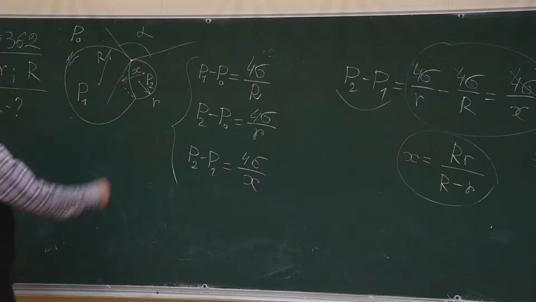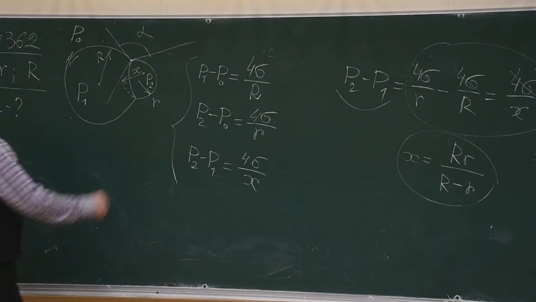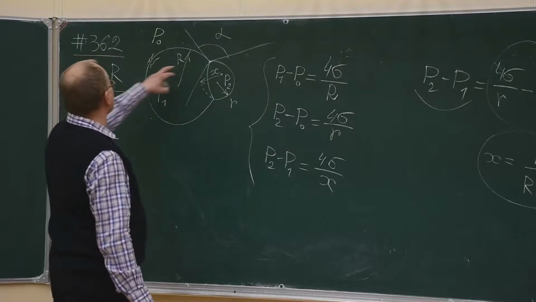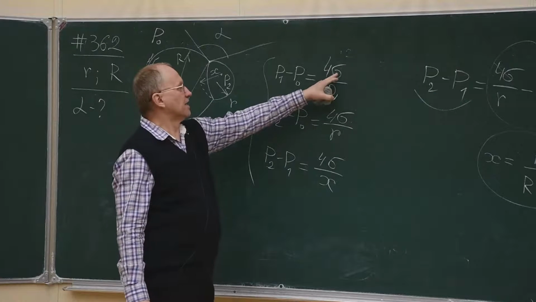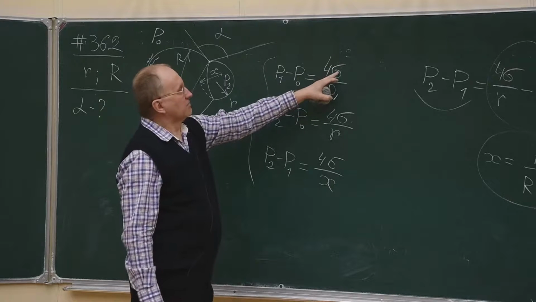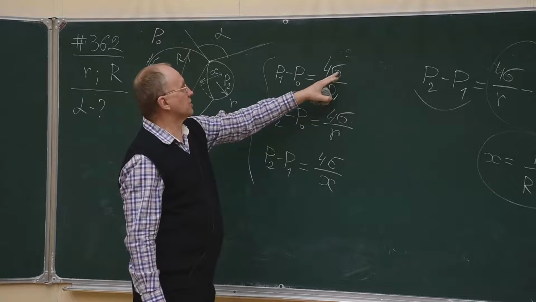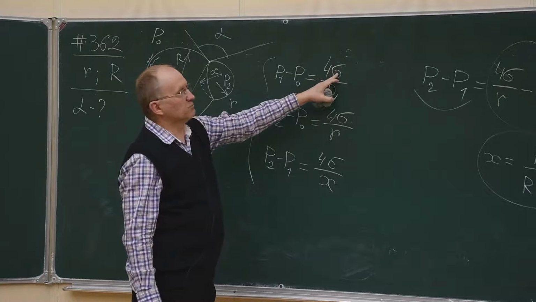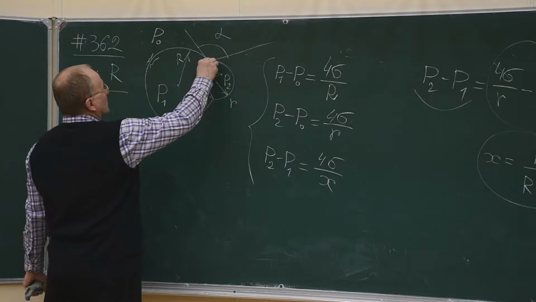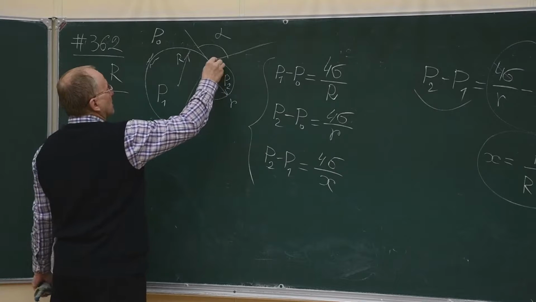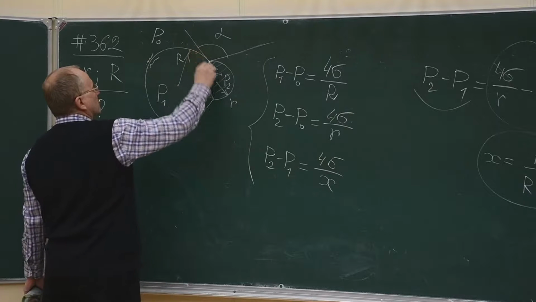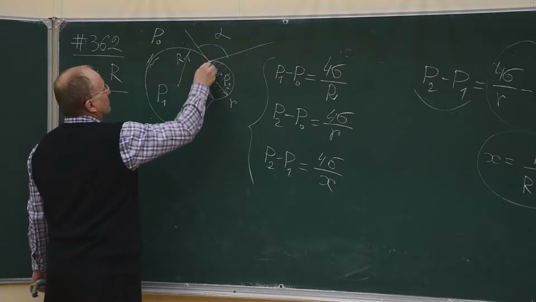Now the second question, how to find angle alpha. We know that surface energy sigma is not only the energy of a unit area of the surface of liquid, but it's also a force which is applied to a unit length of liquid boundary. So here is the boundary of liquid surface of one bubble and another bubble, the large bubble. This is the boundary between them, and